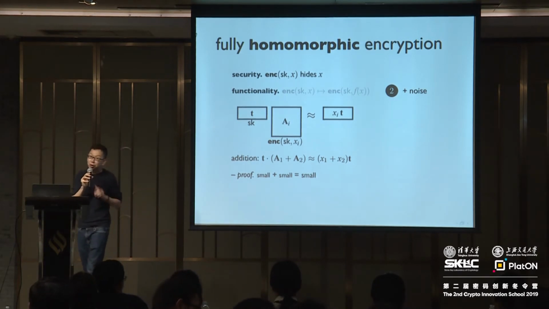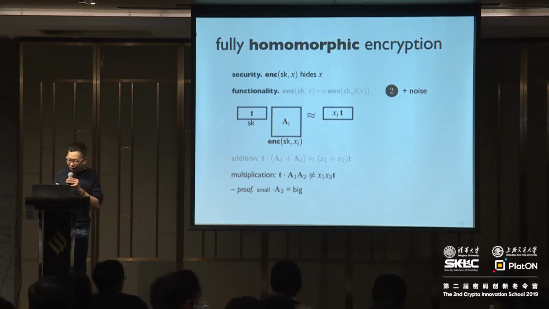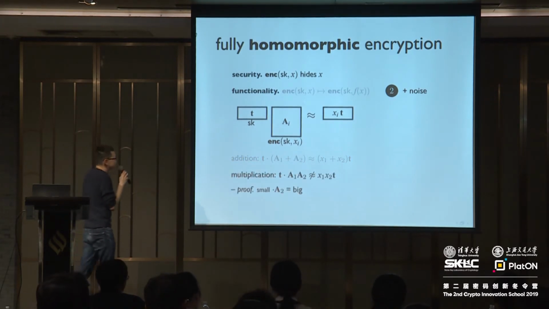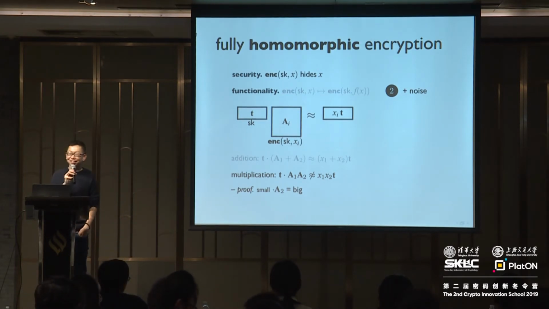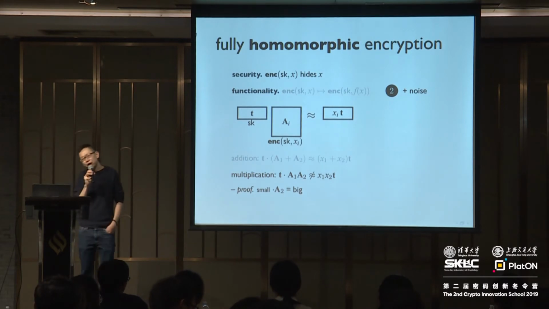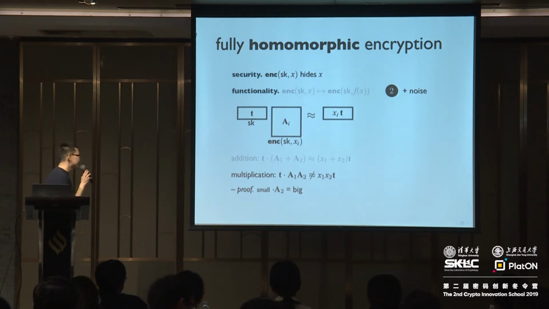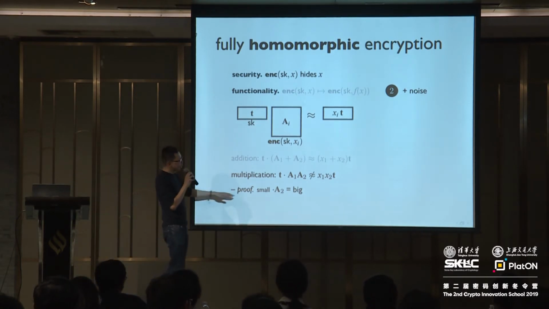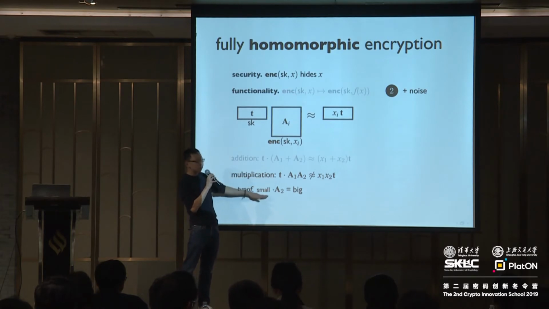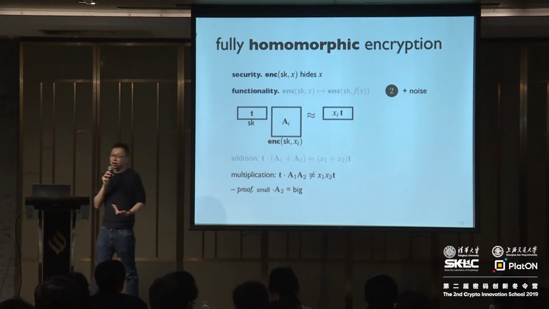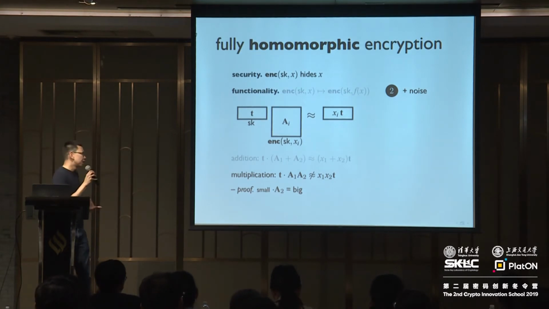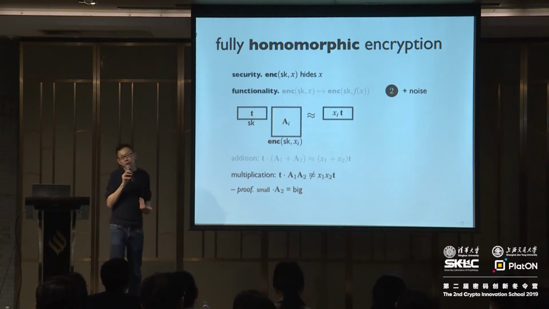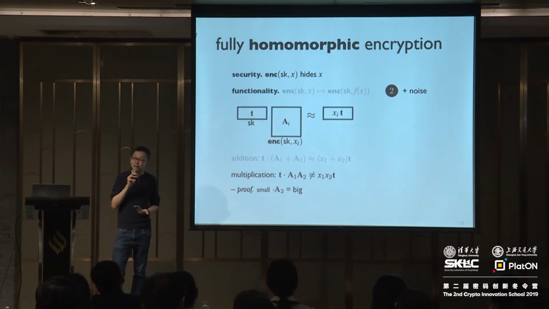Let's see what happens when we try multiplication. Alright, so the problem is that multiplication basically doesn't work anymore. So T times A1 times A2 is not going to be close to x1 times x2 times T anymore. And that basically follows from the fact that if you try to do the same analysis from before, the problem is that there's this small term over here, and small times A2, in general you should think of A2 as being a random matrix. So A2 in general is going to have large entries, and the problem basically is that when you take small and multiply by a random matrix, you get something big.